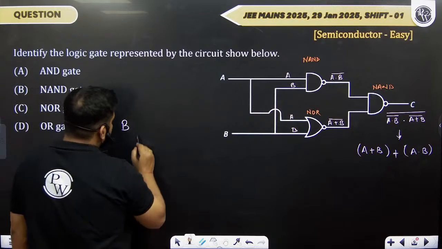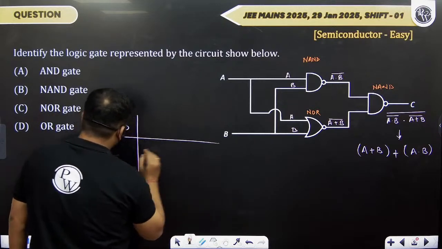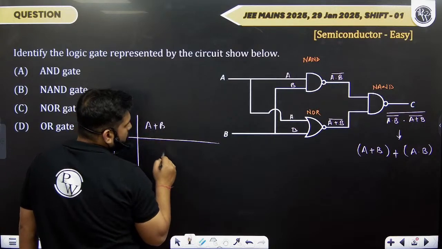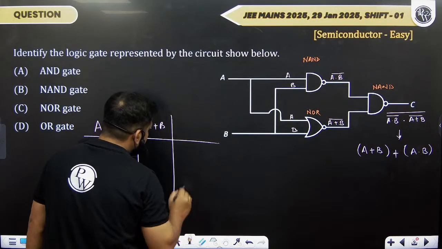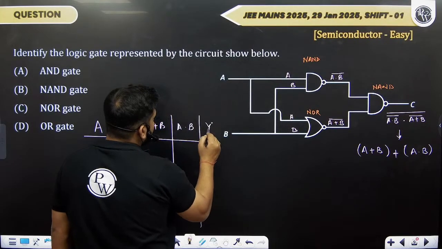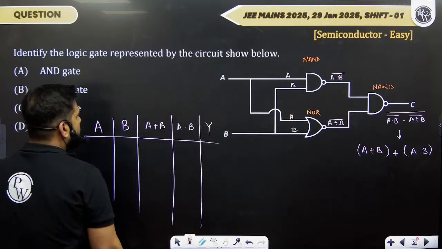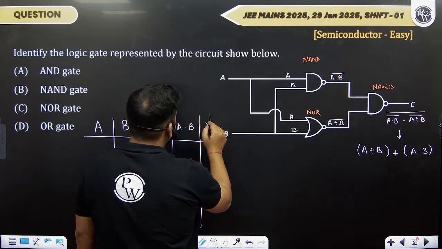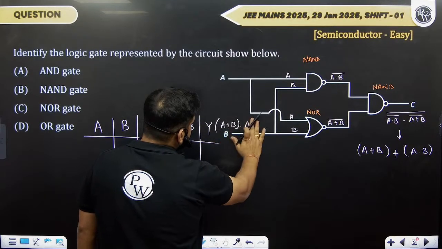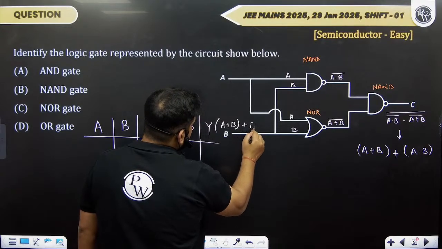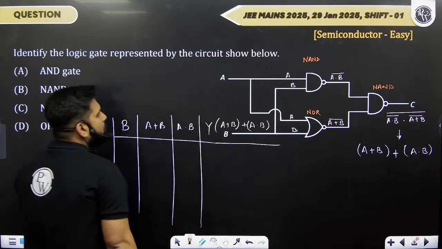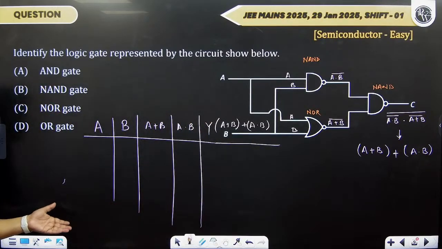So what we have got, if I take the passes like this, if I take the passes as A, B, and then let's write it as A plus B, and then let's have A times B, and then let's see the output, because that is what is going to be the output of this gate. Okay, and this output is obviously this plus this, that is A plus B plus A times B. Let's find this out.